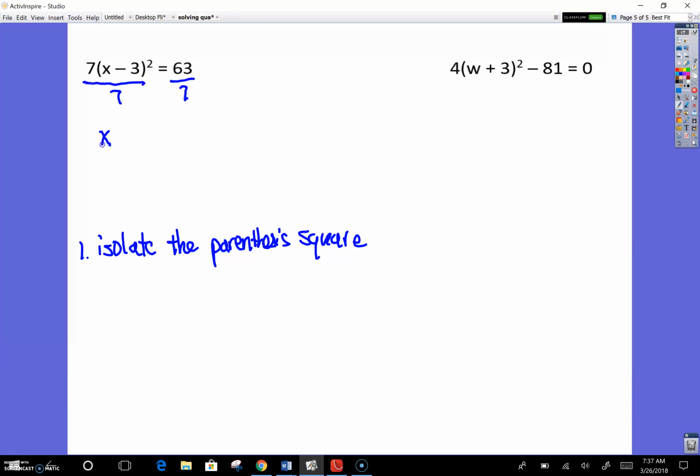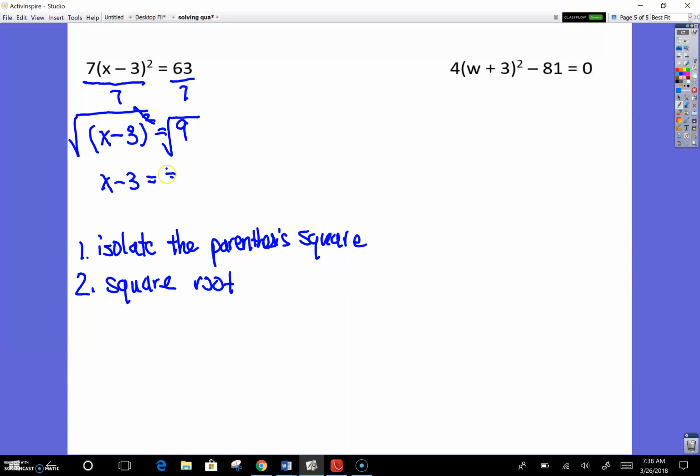So I have x minus 3 squared is equal to 9. Because the square is with the whole thing, what I want to do now is square root. This cancels. I have x minus 3 is equal to plus or minus